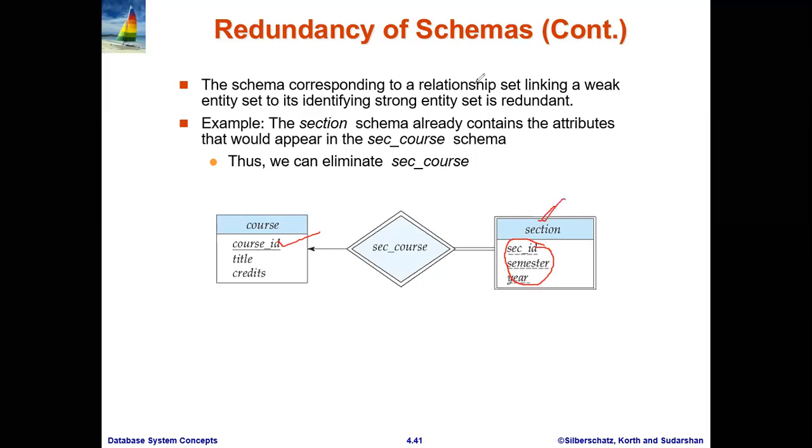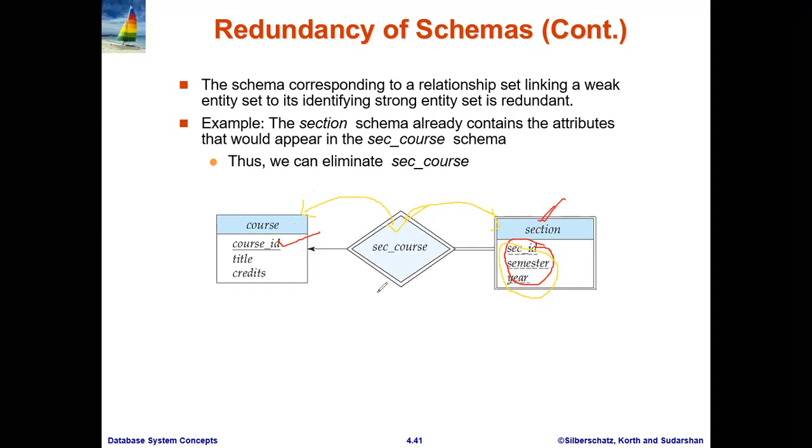Now when we see sec_course, it is also represented by the primary key of course and the primary key of section. But section is a weak entity set, so it is also represented by all discriminator attributes, that is course ID, sec_ID, semester and year.